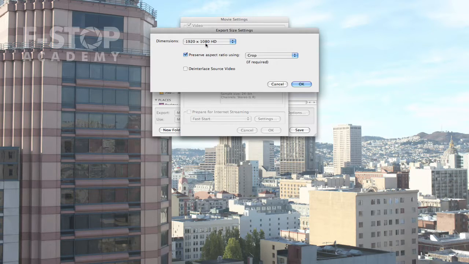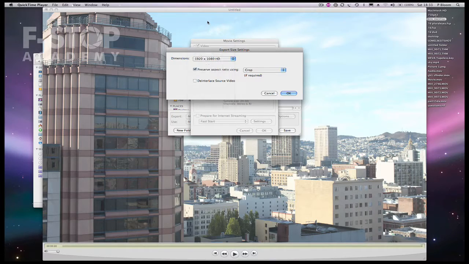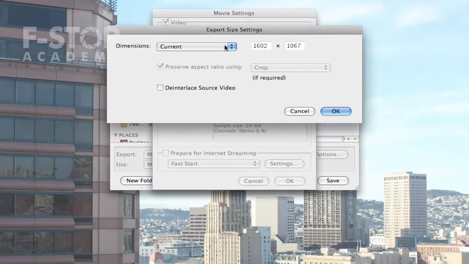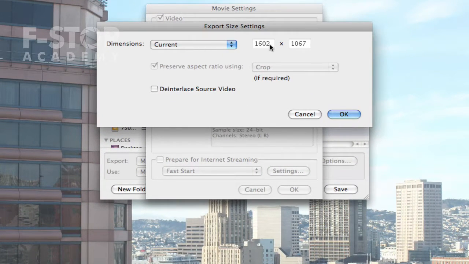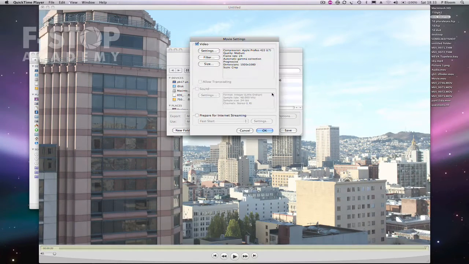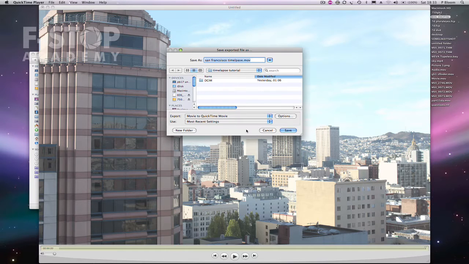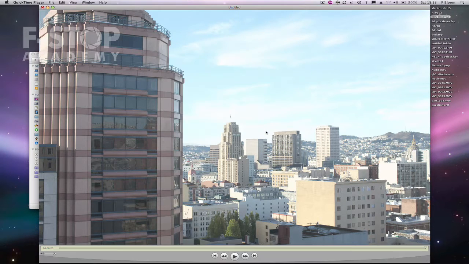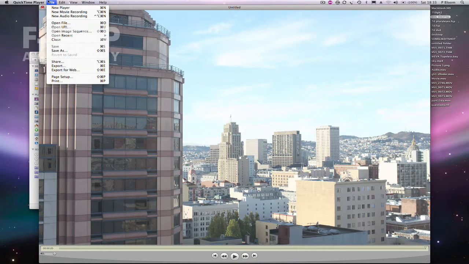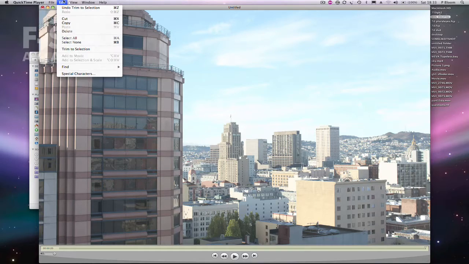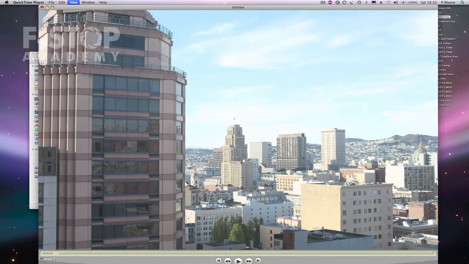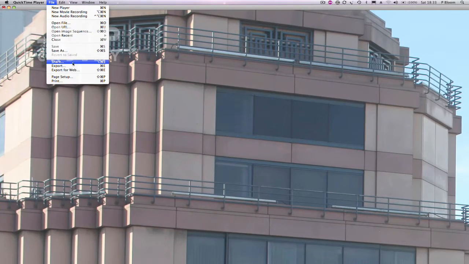actually what I want to do is have it much bigger and have it as the current size. And at the moment it's displaying it at 1602 by 1067, that's because I have scaled it down. So what I need to do is click on Cancel. And then I'm going to go to File, View, Actual Size, then go to File, Export,